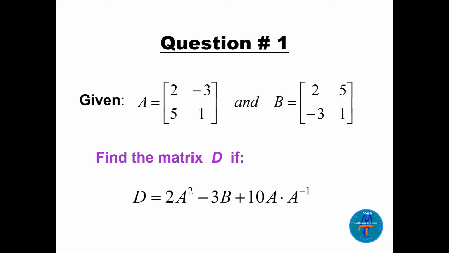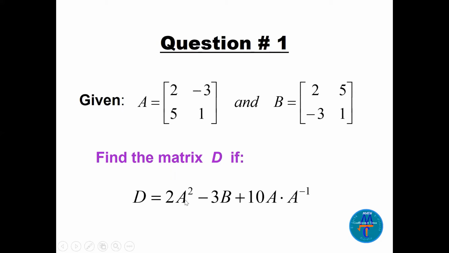Take a few seconds here. Please, you can pause and see what we can do here. What do we have to find? We have matrix A, 2 by 2, given. We have matrix B given. What else do we need? How do you find A squared? Remember, A squared means